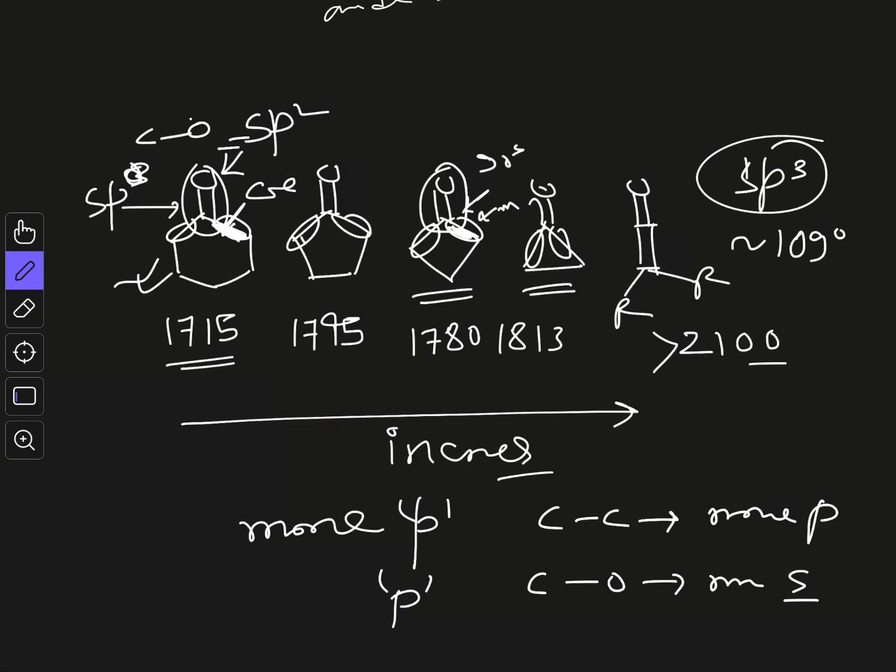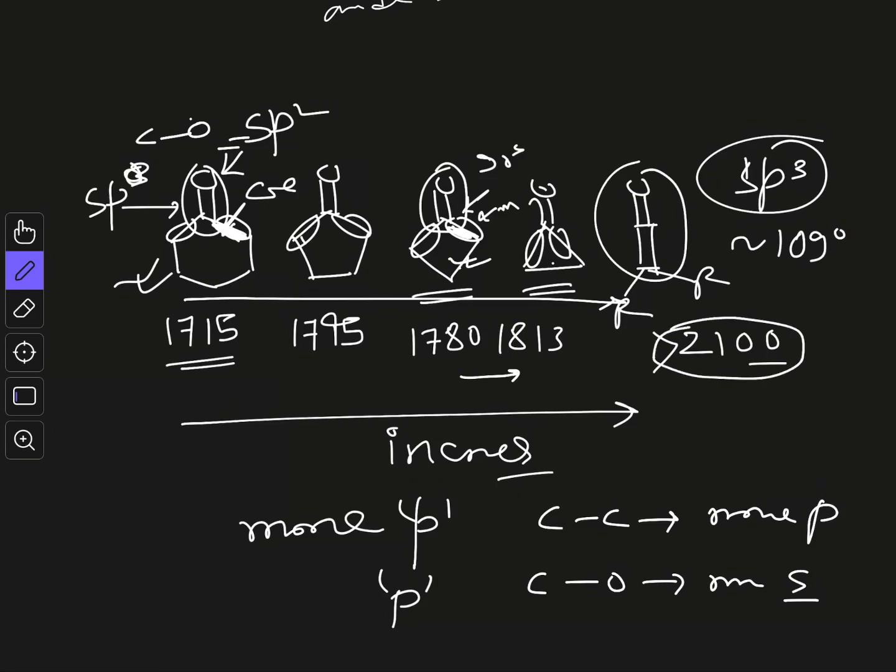So as the ring size decreases in the carbonyl group, the s character increases, and s character increase means bond strength will increase. As you increase the s character in your bond, the bond strength will increase. So as you go from this side to this side, the C-O bond is strengthened, and that's why their stretching frequency increases. But here is the question: the maximum you can get is pure s character, and which is there in cyclobutane, but you can see from cyclobutane system to cyclopropane system there is still an increase, and even in case of ketene it is an even higher value of stretching frequency.